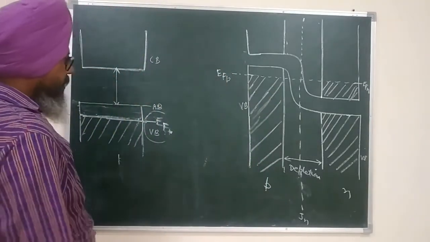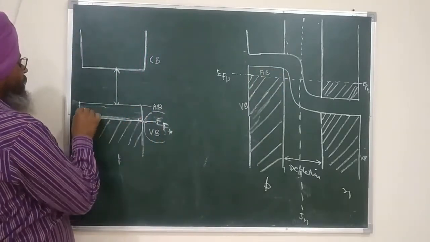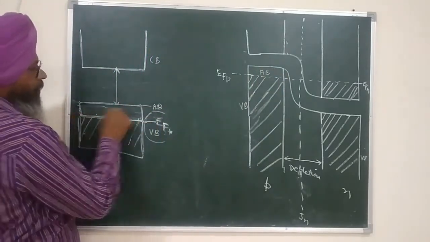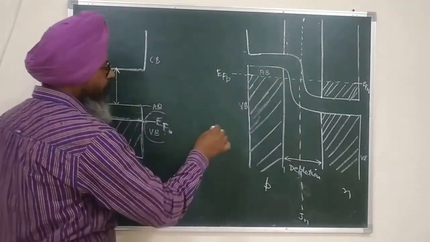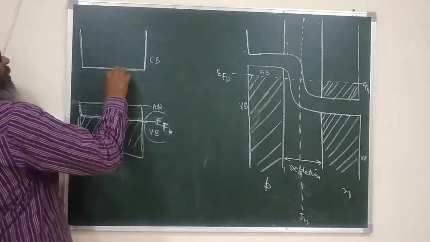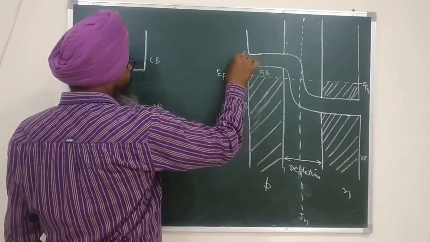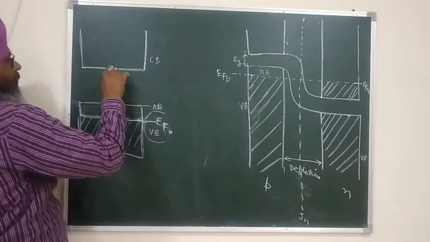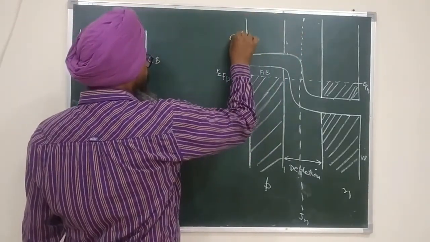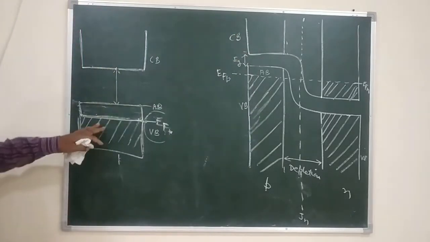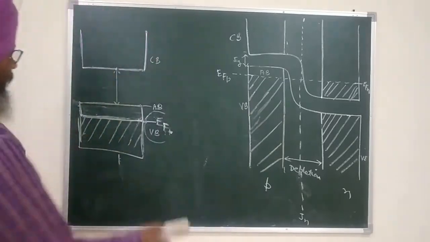Now you can see this is the acceptor band, this rectangular portion was the acceptor band. Below it you have the valence band. Kindly see this rectangular portion is the acceptor band. Below it you have the valence band that I have already shown. Then there is the energy gap, so this is the energy gap, Eg. And then you have an empty band above it, rectangular in shape. This is the conduction band. So you can see that this diagram is similar in shape to this diagram. So again I will erase it.